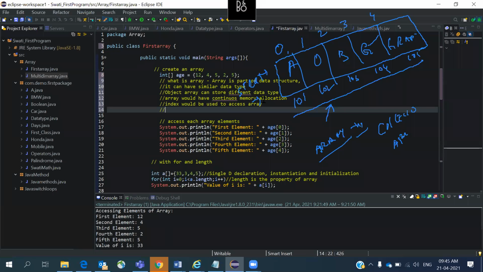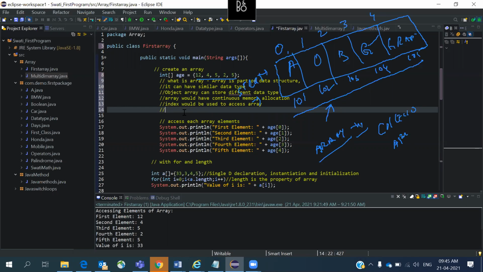Now if you see here, we have seen it, right? 12, 4, 5, 2, 5. These are the numbers we have been given. Or you can define the size of an array, and then you need to access that particular element. So here in an array, the most important thing is that at runtime you can't increase your size.